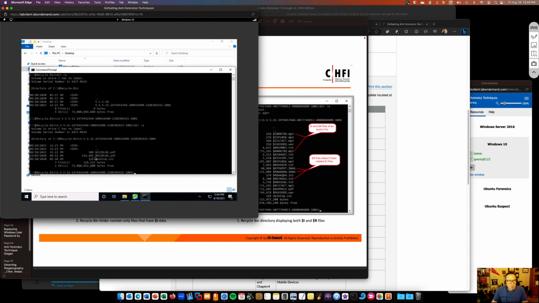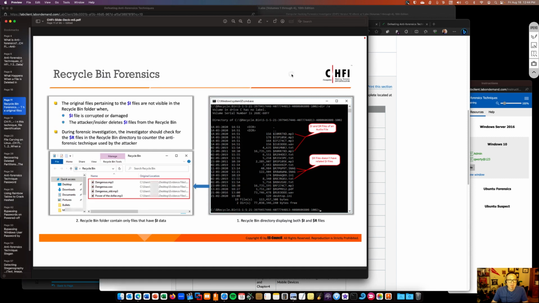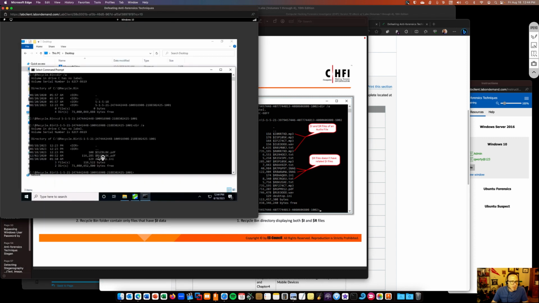So the key thing to come away from this is there's 2 types of entries. There's the $I and the $R, and these files are given a random name. I'm not sure where this comes from. There's something here. Looks like it's UZBBLK. Textbook should cover that. But the key thing here is just this: $I files are normally corrupted or damaged. $R are useful. So we can take this file right here and copy it back to